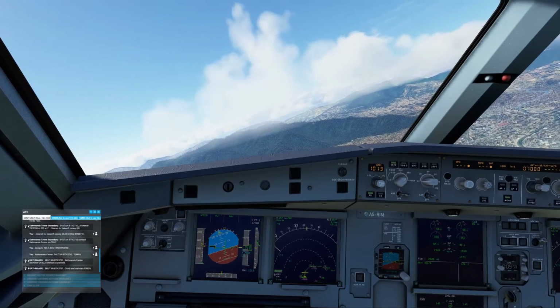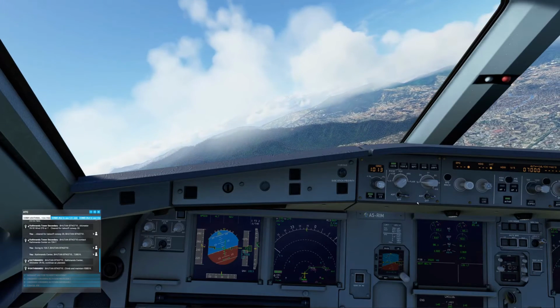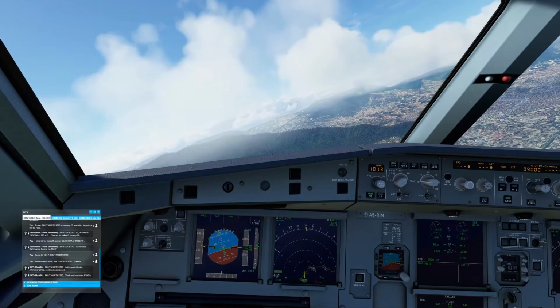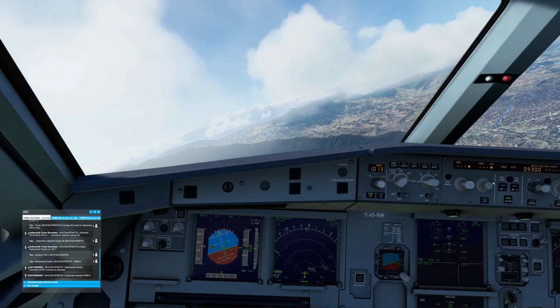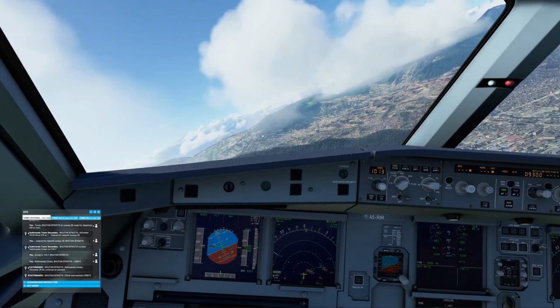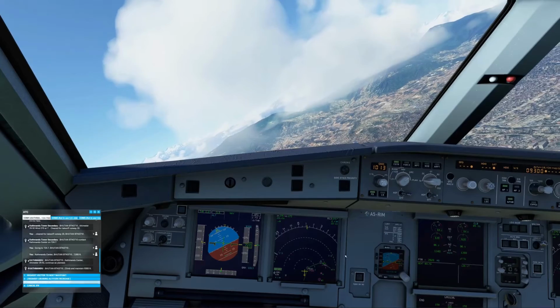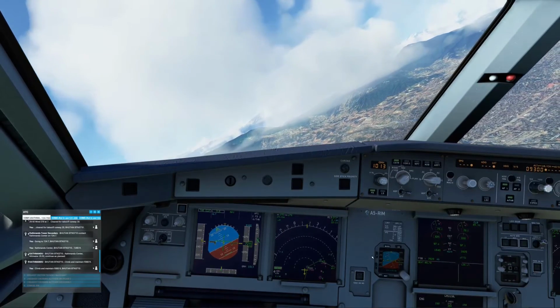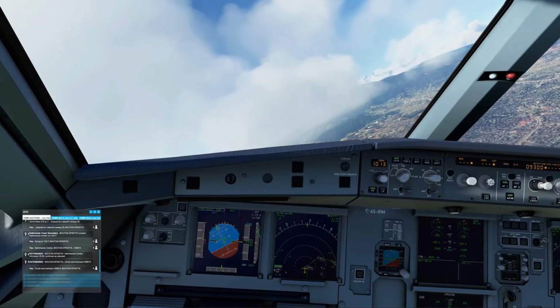Bhutan Bravo Tango November 3710, climb and maintain 9,300 feet. Okay, selecting autopilot and climbing to 9,300. Climb and maintain 9,300 feet, Bhutan Bravo Tango November 3710.